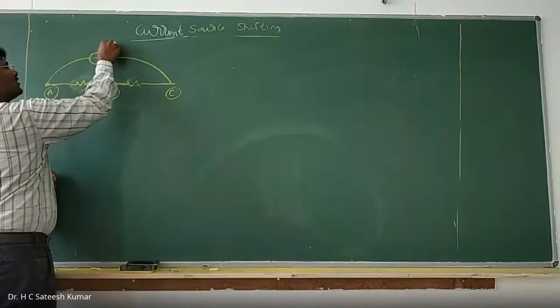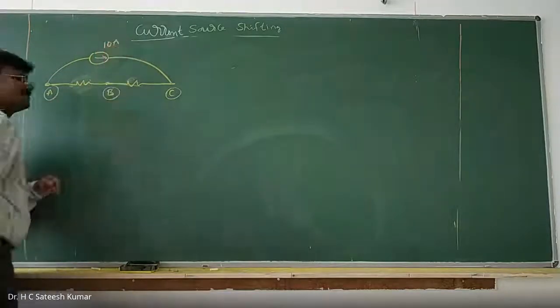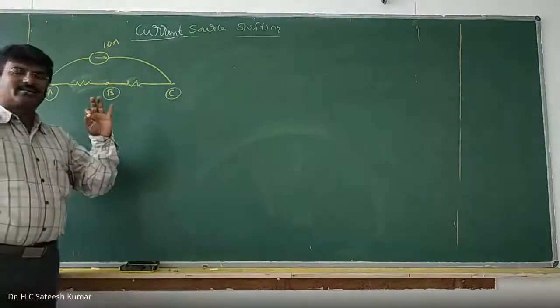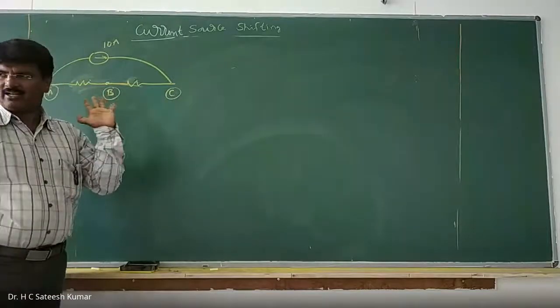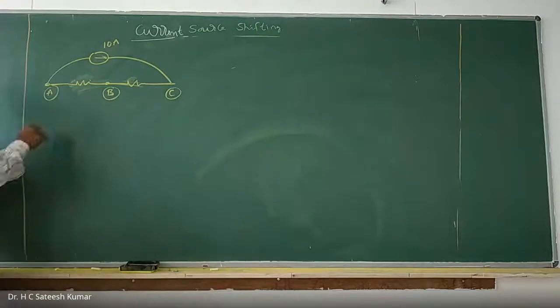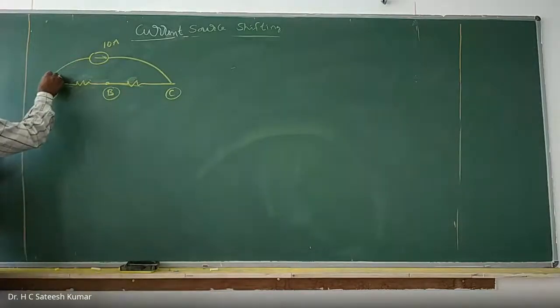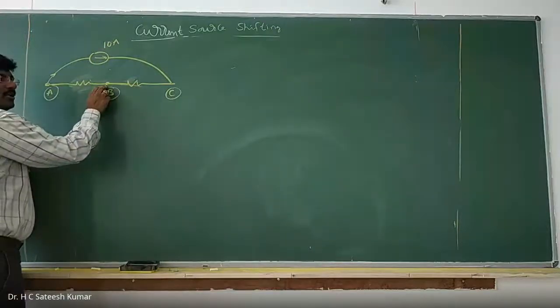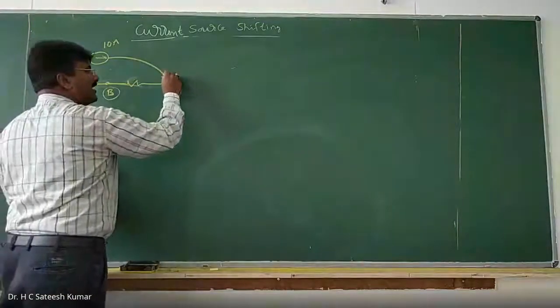Okay. This voltage source, I will call it a current source of 10 amps. Now I should modify the circuit such that it does not disturb KCL. Kirchhoff's current law should not be disturbed. Now, how much current is leaving here? 10 amps is leaving. What about here? 0. What about here? 10 amps is entering.